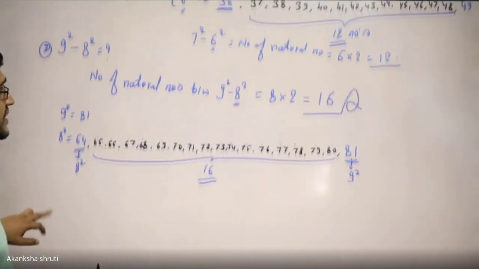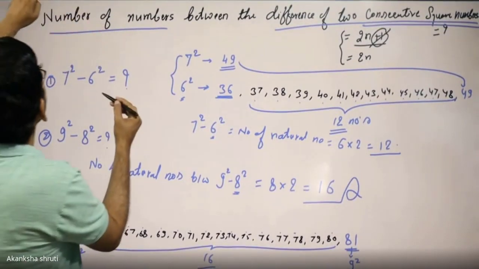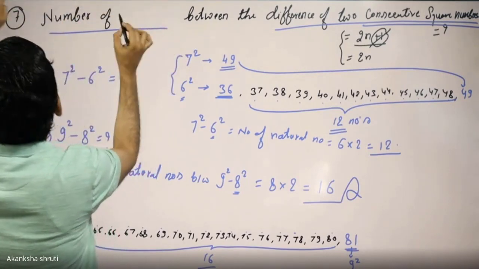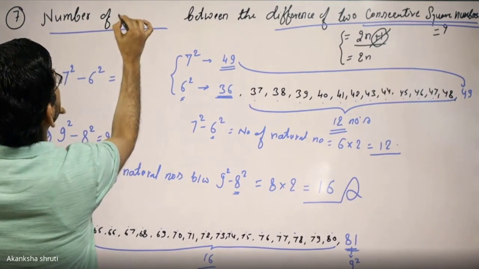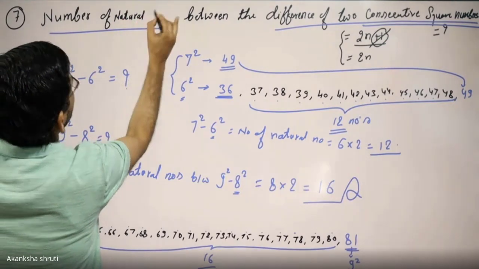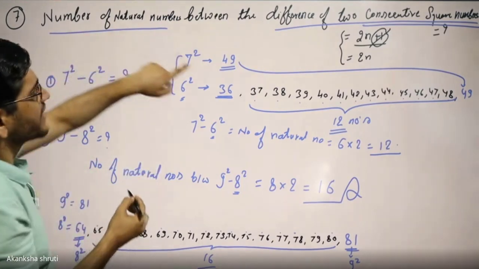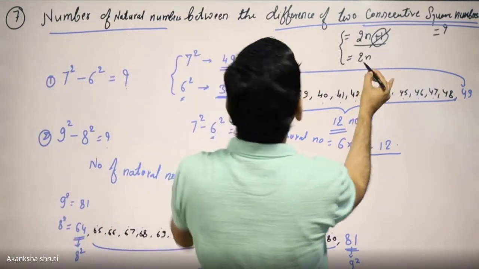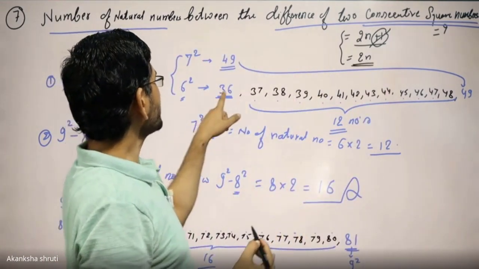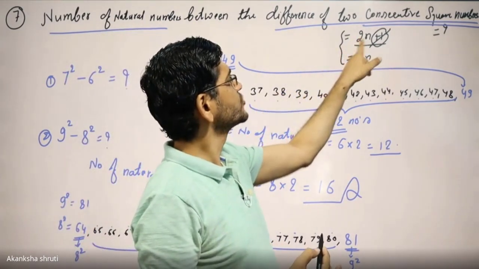Okay. So this is another property of square numbers: the number of natural numbers between two given squares, where number of natural numbers or simply number mean the same, is obtained by 2n. Students, but to reach from 36 to 49, how much do we have to add? We have to add 2n plus 1.